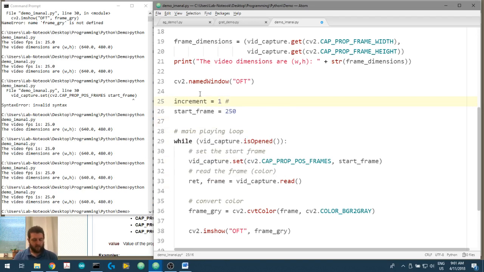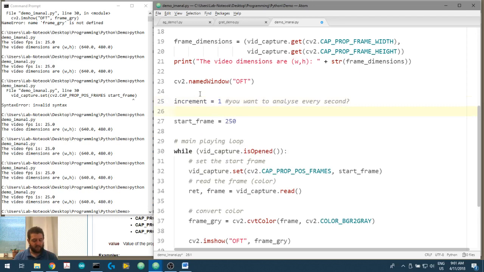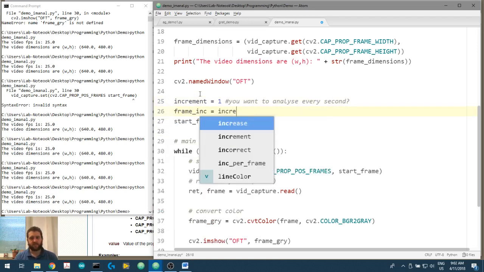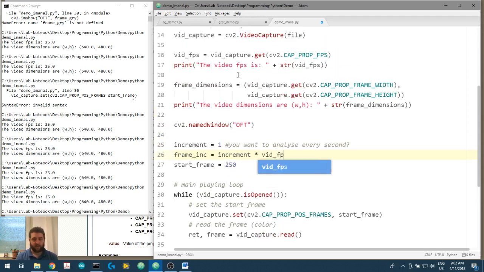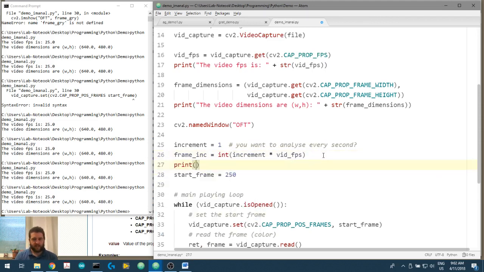So this will be, you want to analyze every second, and then you'll put 1 there, and then the frame advance, or the frame increment, will equal the increment multiplied by the video frames per second, so video FPS, and we'll convert this into an integer because you can't have half a frame, and so therefore we'll print out